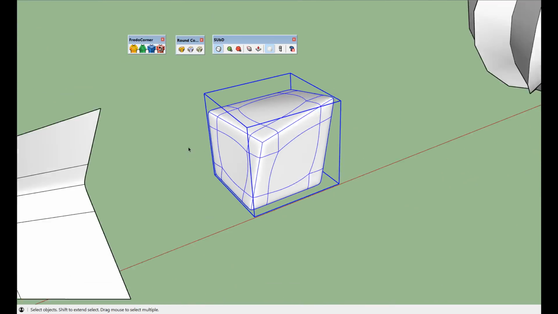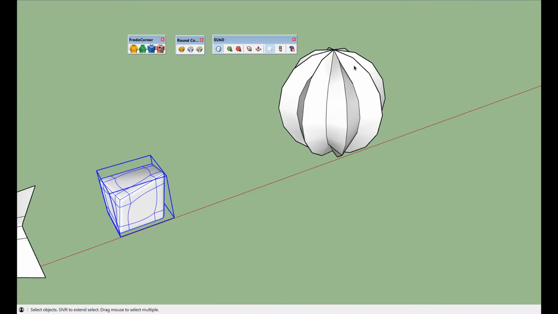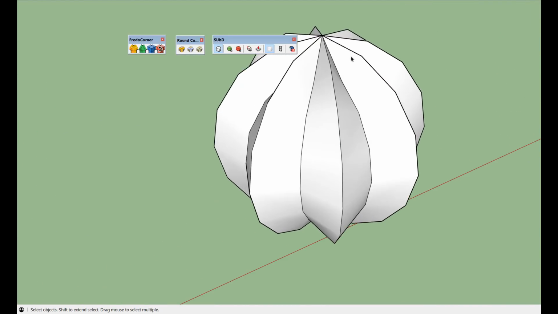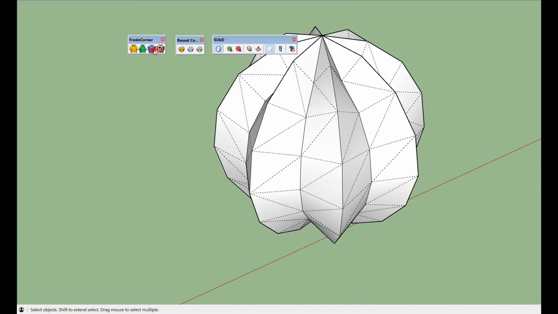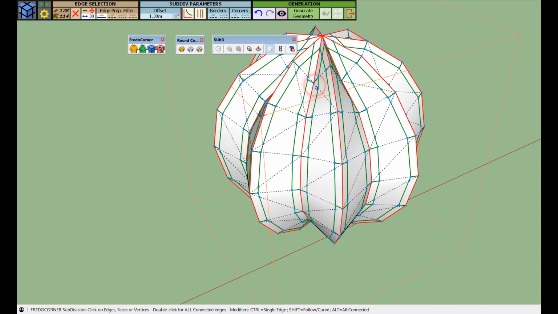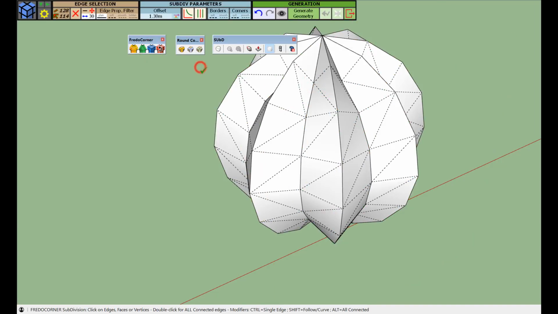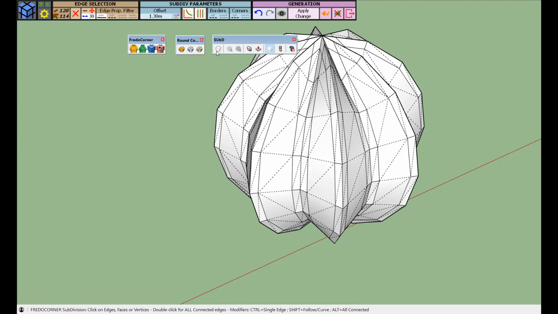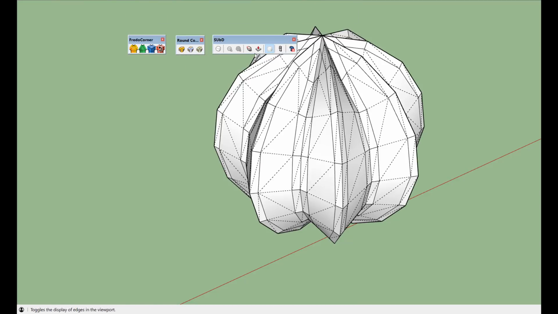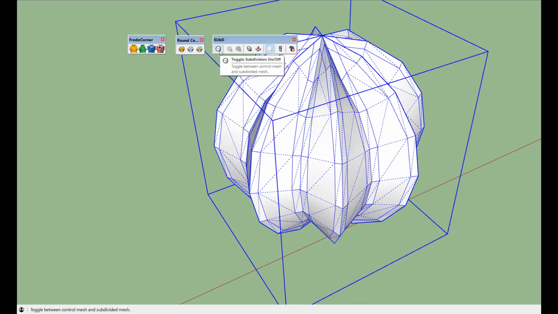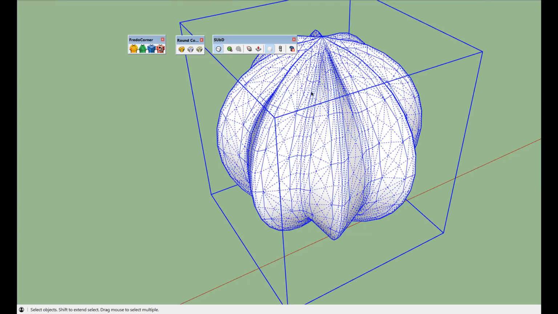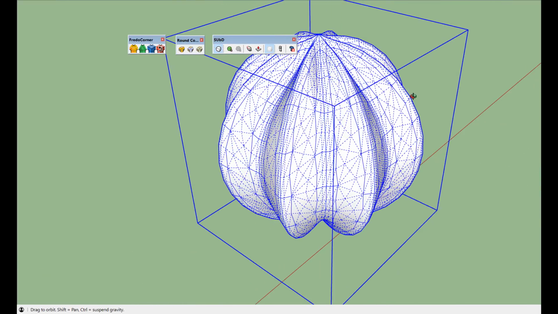Okay, so this works even on a more complex shape where you can generate and trust TomTom subdivision to manage the subdivision of the entire shape.